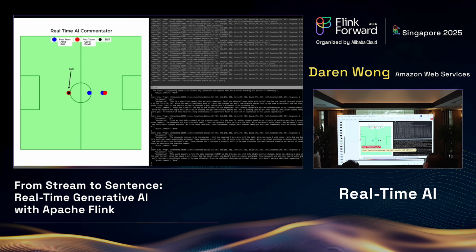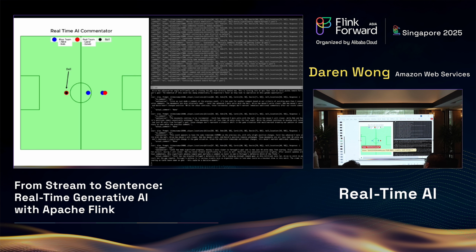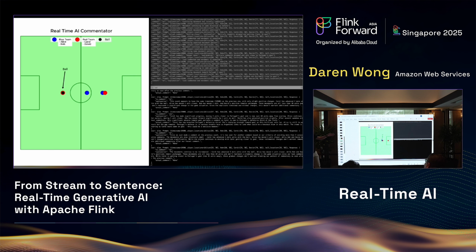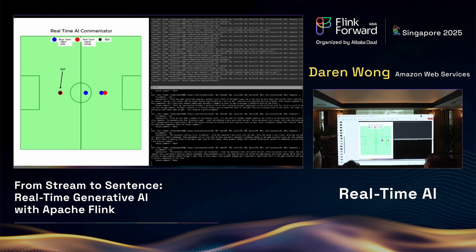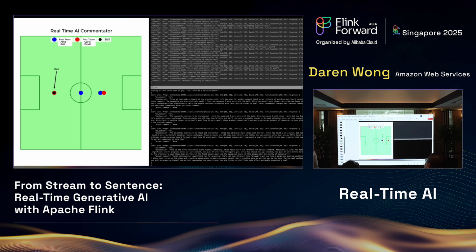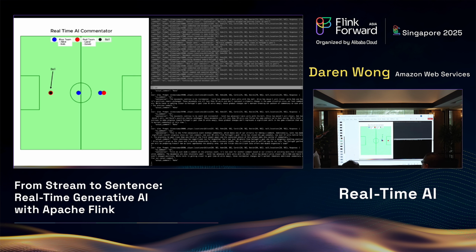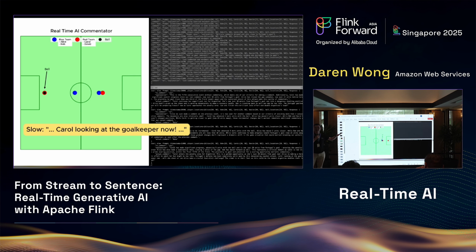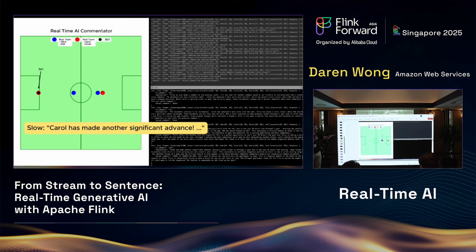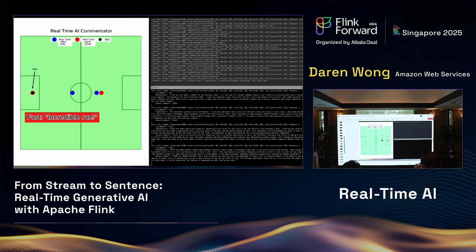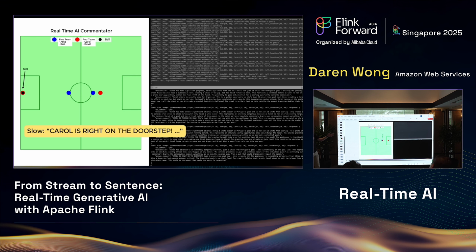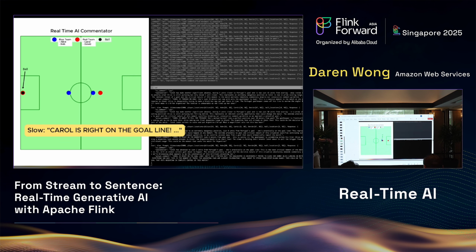And what you're seeing here is the blue team and red team facing off each other. It started from the blue team making an attack, and the ball was intercepted by the red team, and the red team managed to counter-attack successfully. And also hope you get to see the filtering in place as well. Not every frame was generating a comment or was sending a prompt to the LLM. Only those where there's something exciting or significant going on would warrant a prompt to the LLM.